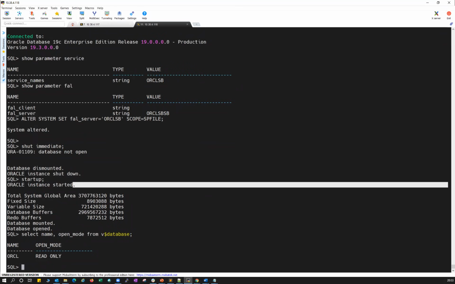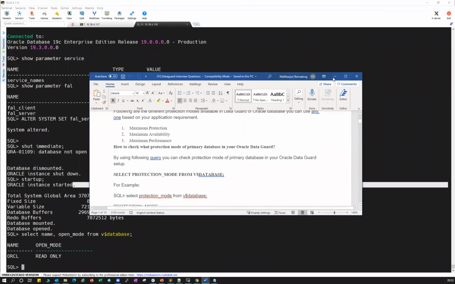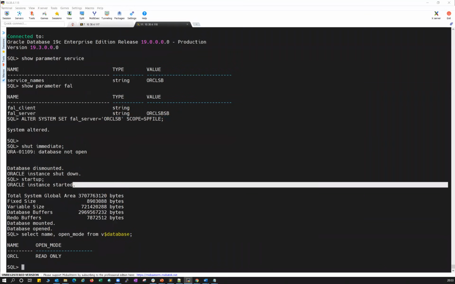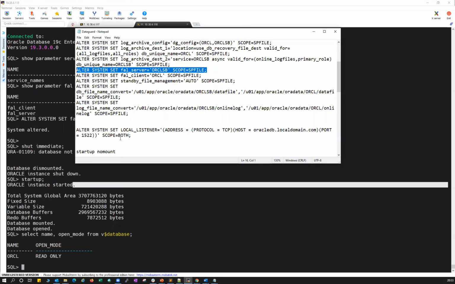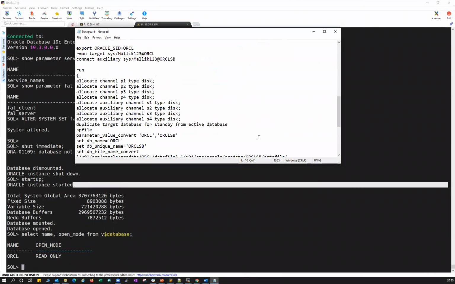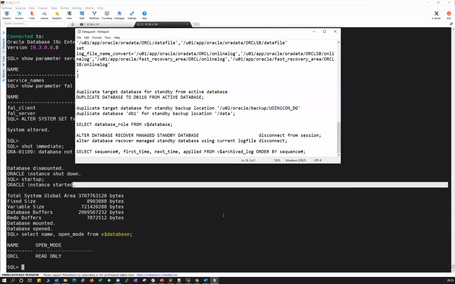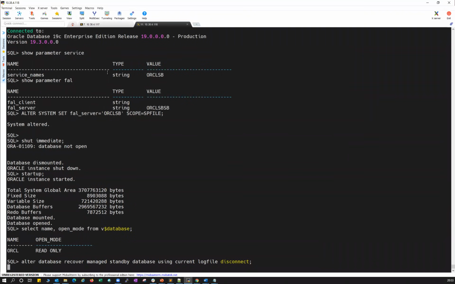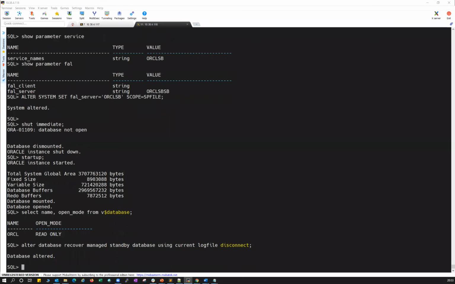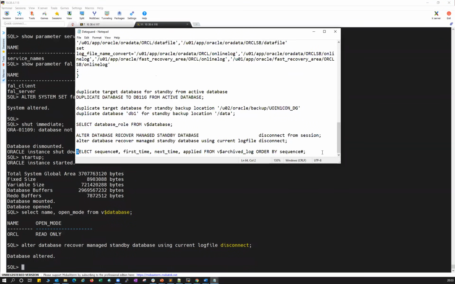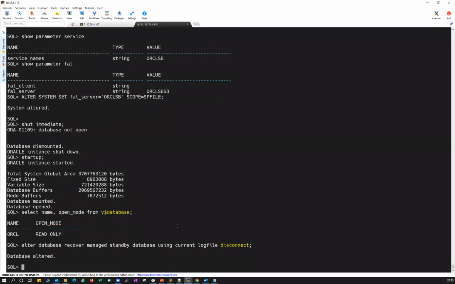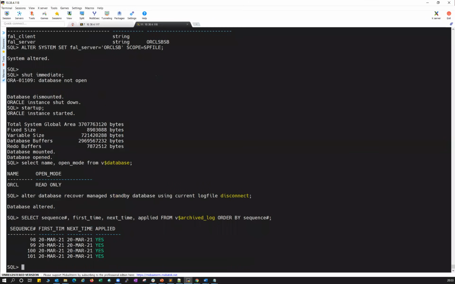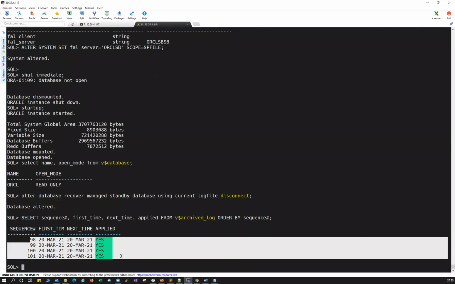Next, I'll start the log shipping again. Where is that log shipping command? Okay, I'll start using current log file, and then we'll check the gap now. See, all the archive logs are applied.